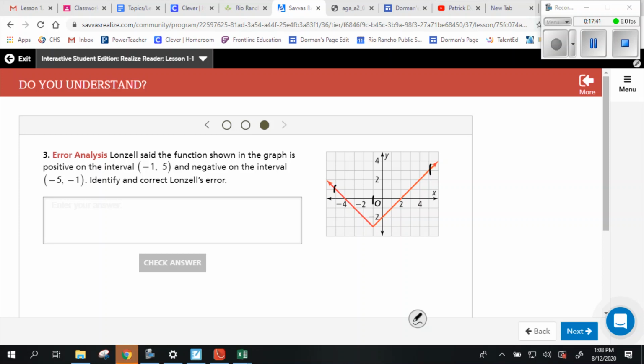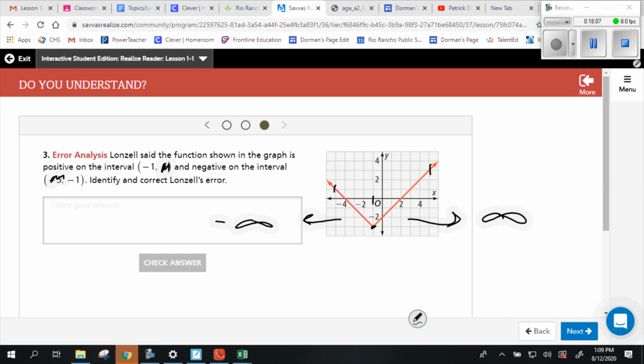And what's wrong? The problem is this 5 and this -5. As we're going out this way, this goes out to positive infinity. And as we're going out this way, we're going out to negative infinity. So what Alonso should have said was that it goes from -1 to infinity is where it's increasing, or it's